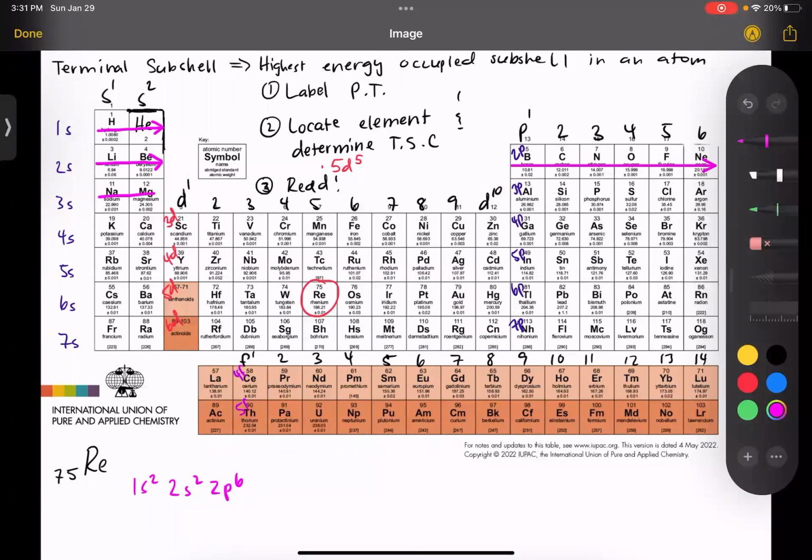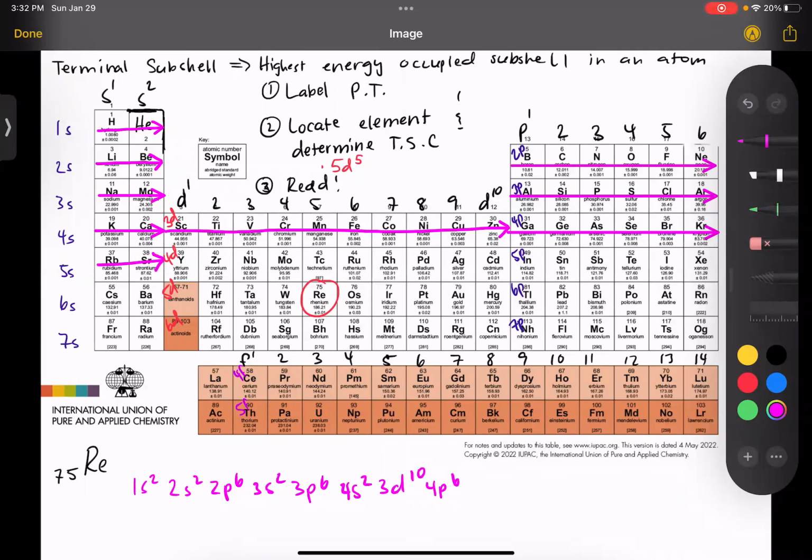And then I'm done with my second period. So now it's 3s2, and then 3p6. Now I'm in my fourth period. Goes 4s2, 3d10. So notice how my 4s goes into my 3d. And then it goes 4p6. So it goes 4s2, 3d10, 4p6,